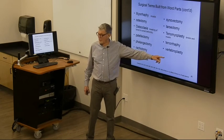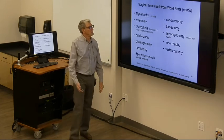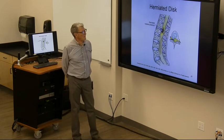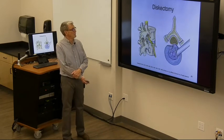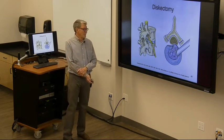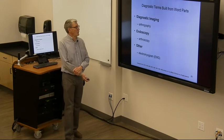Vertebroplasty. You might have to do that if you had vertebral spinal stenosis. Got to fix it, so it can go through. Herniated disc. Discectomy. Cutting that part off. Diagnostic terms,